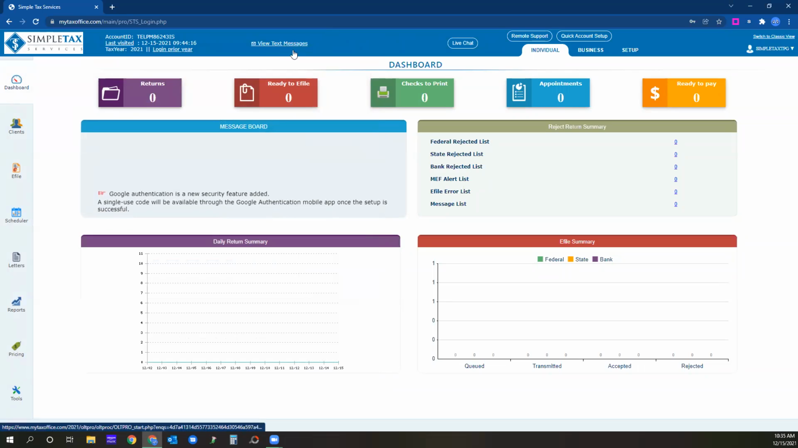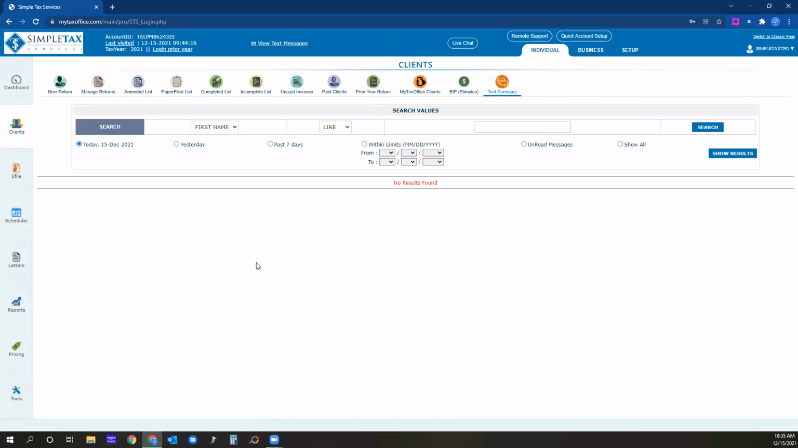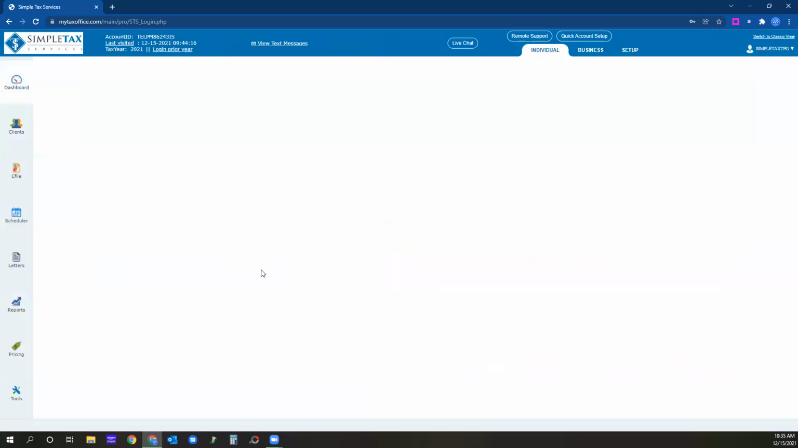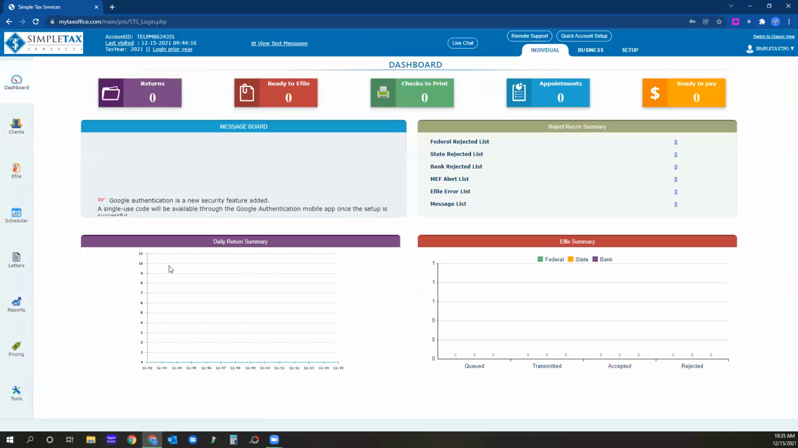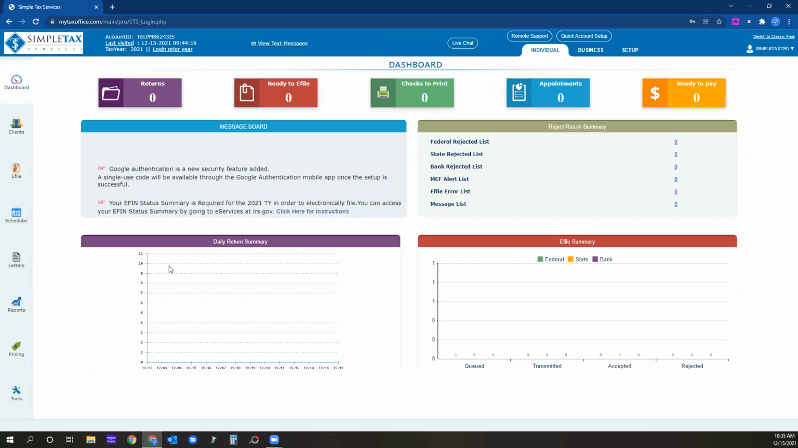View text messages. We're going to talk about the texting capabilities that rolled out this year for the software. This is where you can see a history of the text messages. It's sort of like a quick list view, if you will. Now, for some of you that have been using this software, this is going to be a little bit of a change,